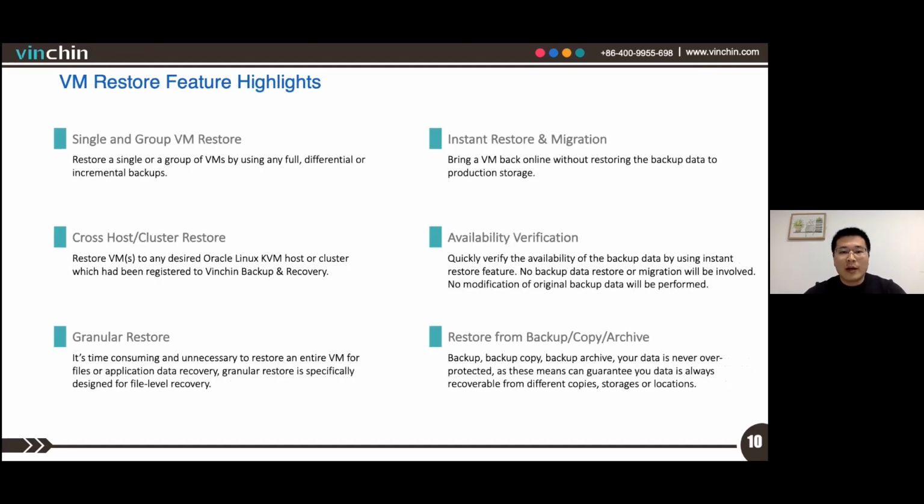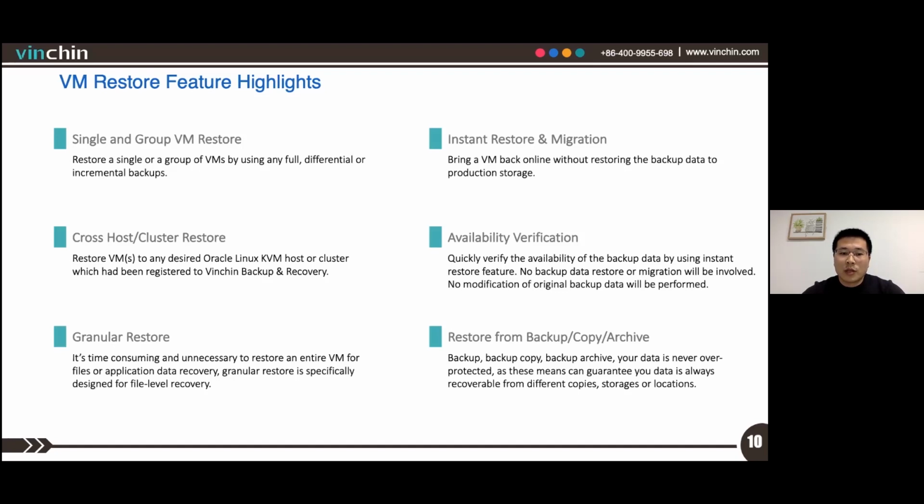And here are some feature highlights of the restoring of virtual machines. The restoration of virtual machines on Oracle Linux Virtualization Manager is also flexible. Users can restore a single group of virtual machines at a time, and the virtual machines can be restored to different Oracle Linux KVM hosts or clusters. And by using granular restore feature, users can restore the virtual machine from file level instead of restoring a whole virtual machine.